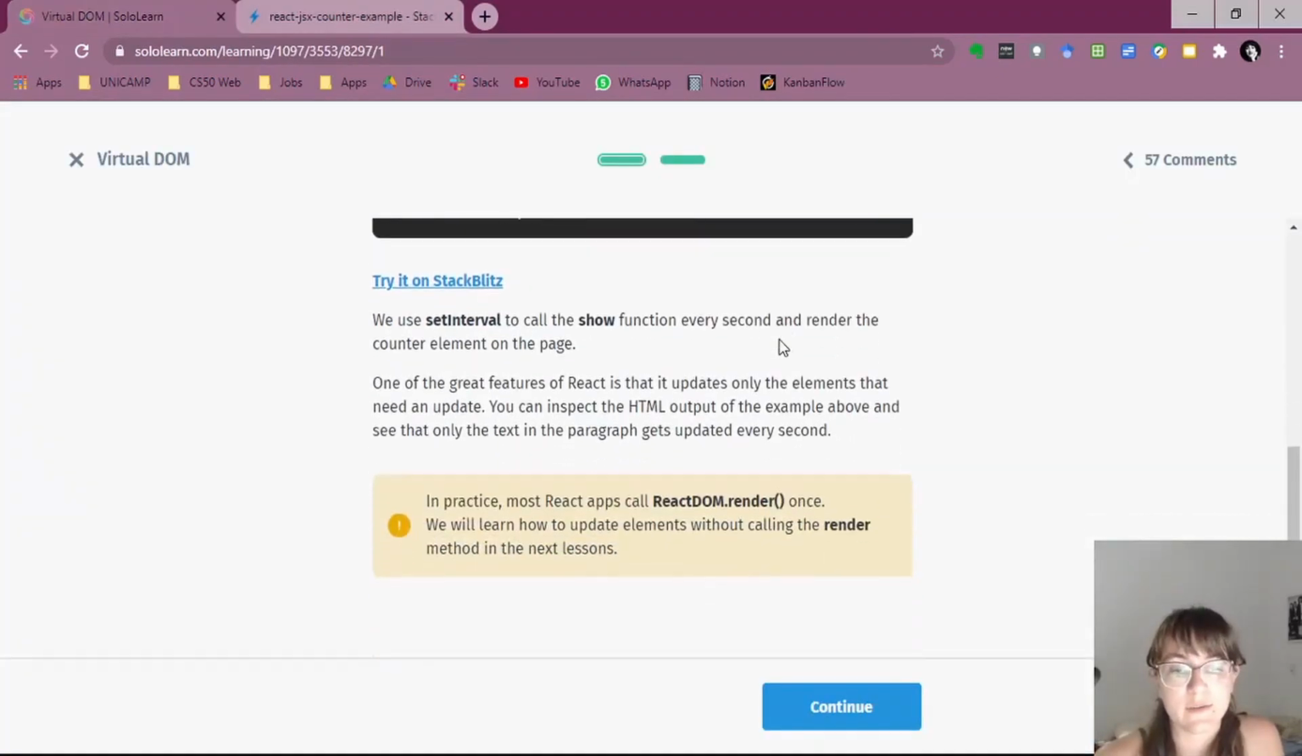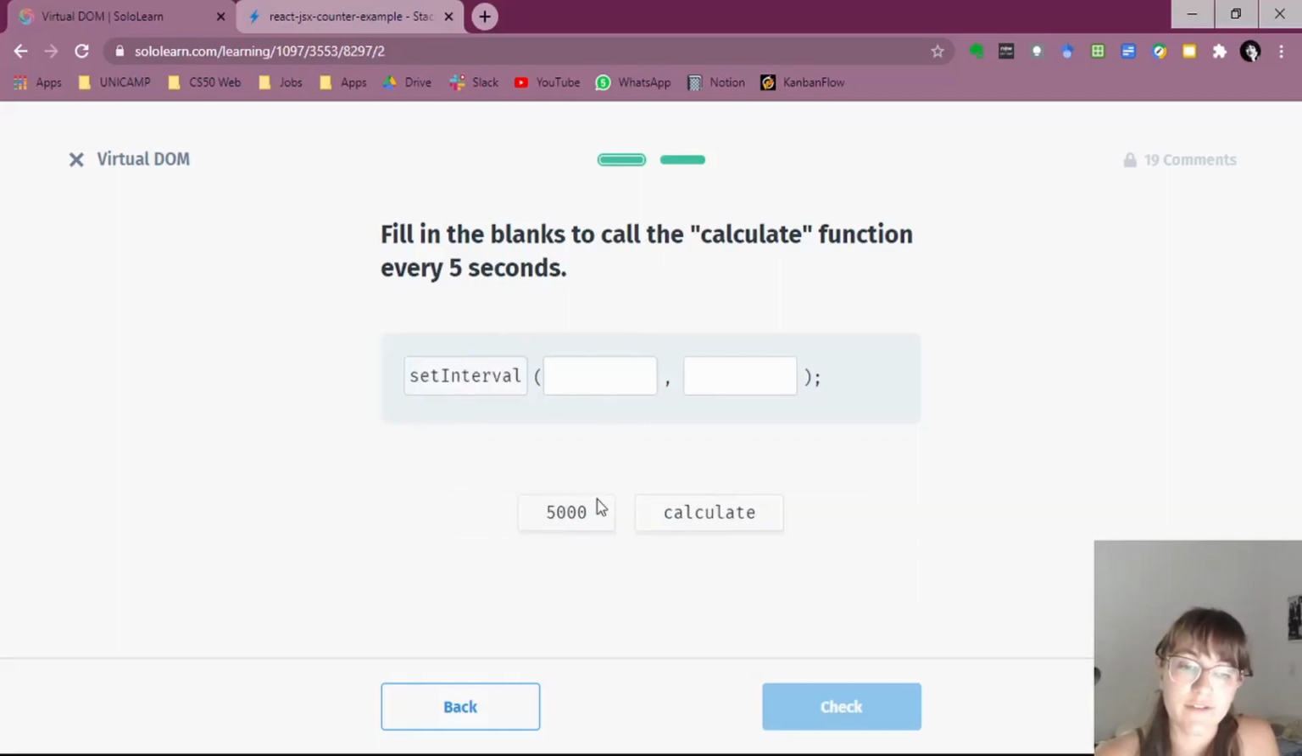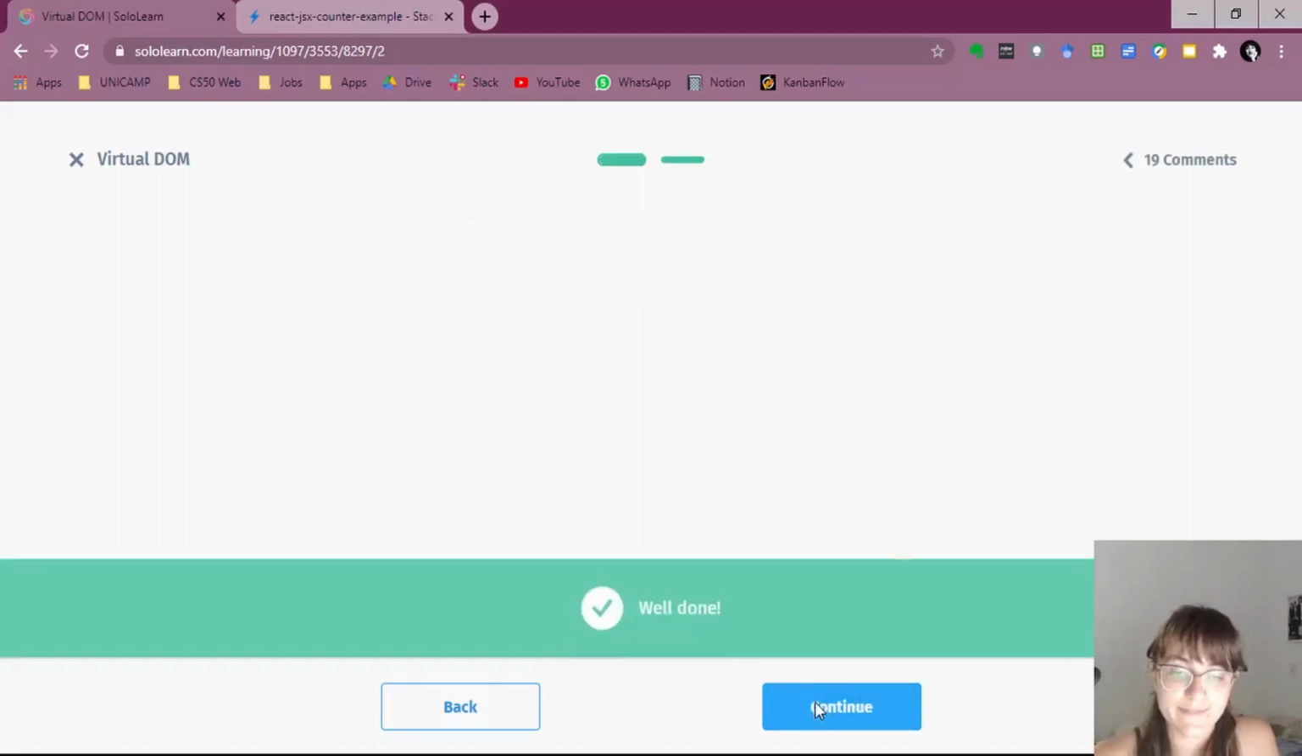so let's see. This is what I talked about before. So fill in the blanks to call the calculate function every 5 seconds. So we use the function setInterval. Calculate is the first input because we're calling the function, and then how many seconds you want this to change. Okay,